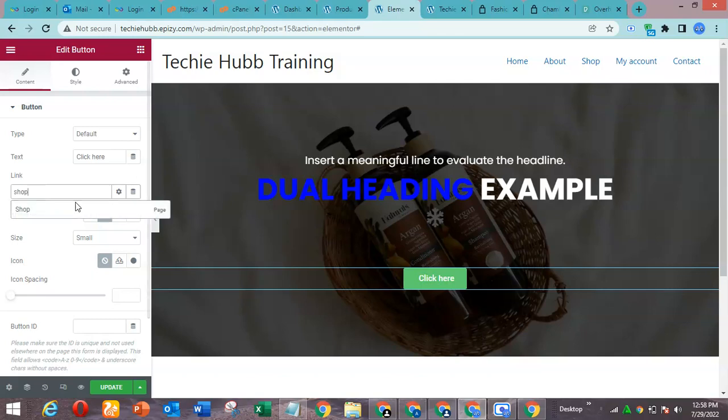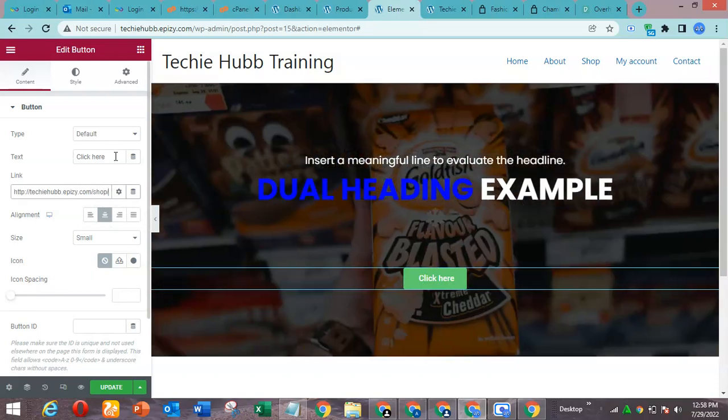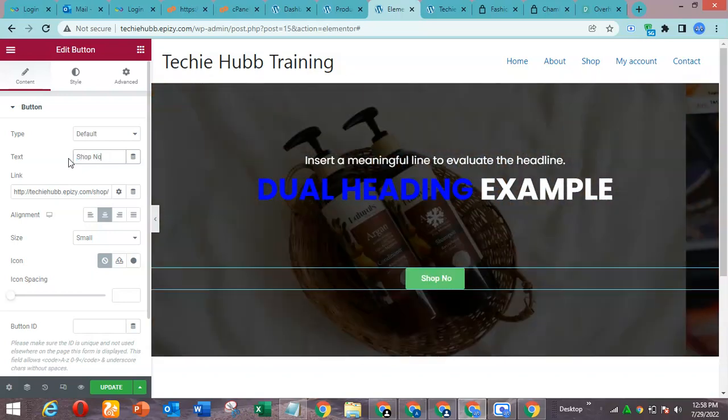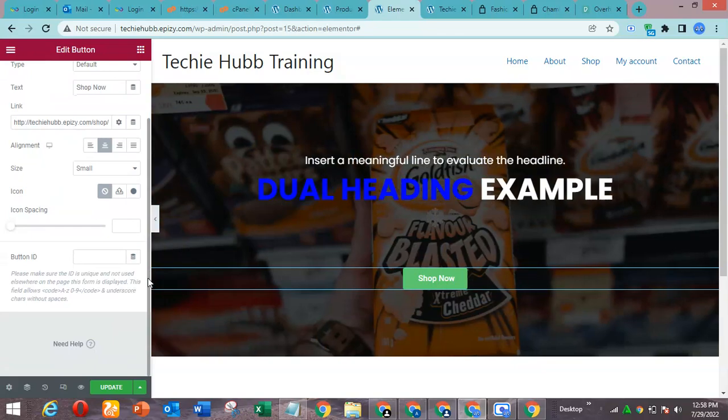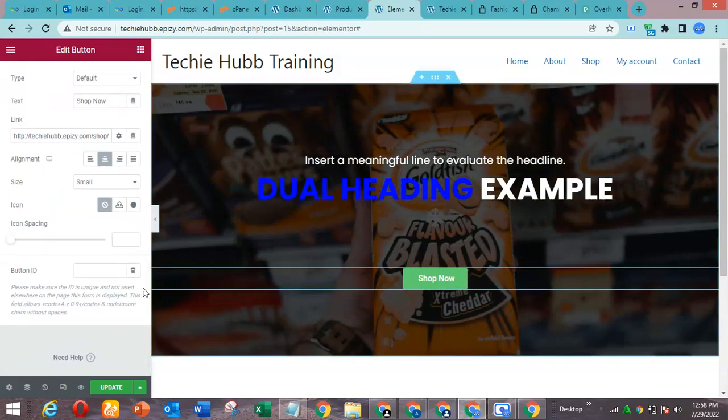Let's just click on shop. It's going to suggest the page to us, so click on your shop page. Then give it a label, let's say for instance, shop now, and enter. Okay, all right. If you want to add an icon to your button,